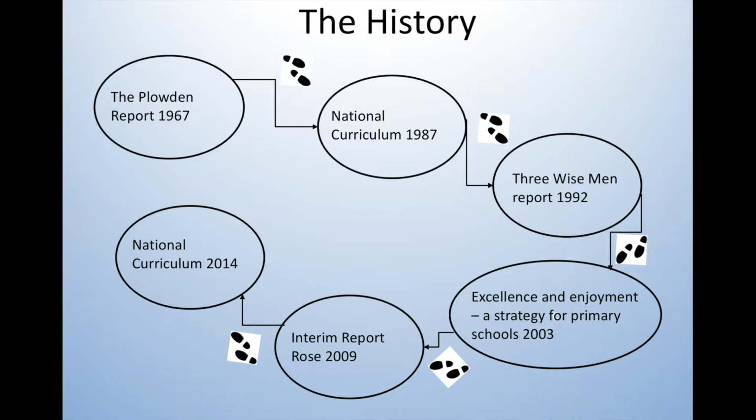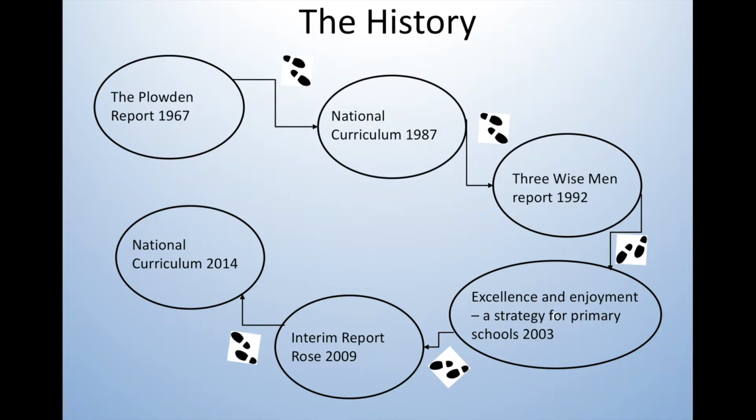So how have approaches to teaching changed throughout the years? We begin with the Plowden Report of 1967. This report supported the cross-curricular approach to teaching as it argued that knowledge does not fall into neatly separated compartments. It encouraged active learning and encouraged the children to practice their skills they have learnt in order to consolidate their knowledge. However, one must note that the Plowden report did recognise that some discrete teaching would be useful for some